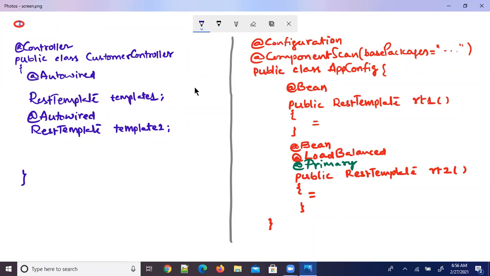So let's move on. Now the requirement is, to this reference variable template2, a load balanced RestTemplate object should be injected. But to this template1, an ordinary RestTemplate object needs to be injected.